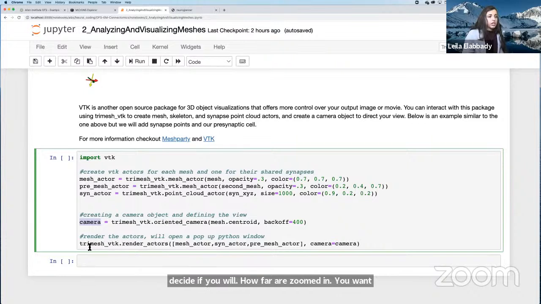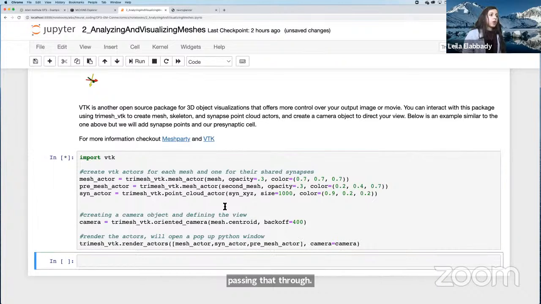And then lastly, you want to use TryMesh VTK's render actors, which you can pass in as many or as few actors as you want. And since I have created a camera object, I'm also passing that through. So if I run this, one thing to note about VTK is that it will not run within your Jupyter notebook. So it'll come out as a pop-up,